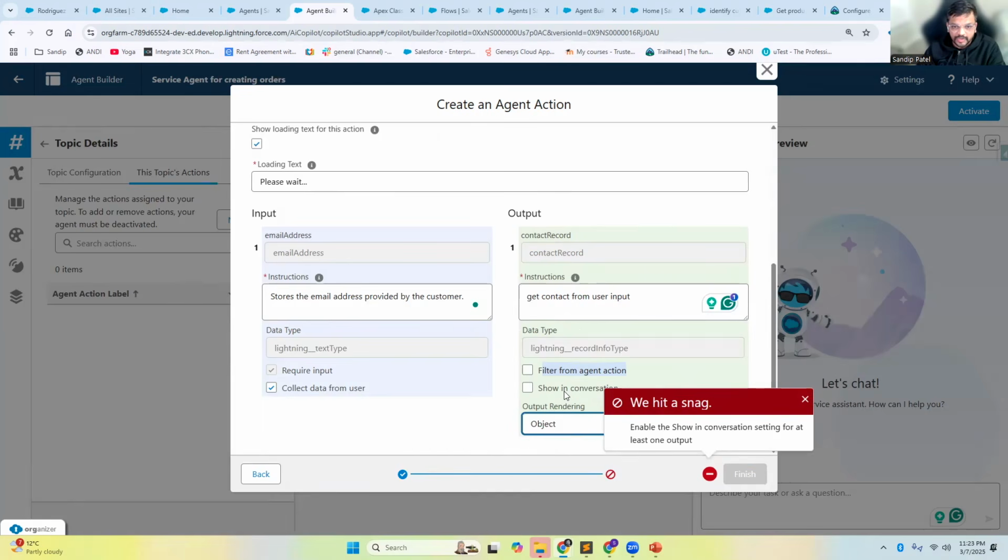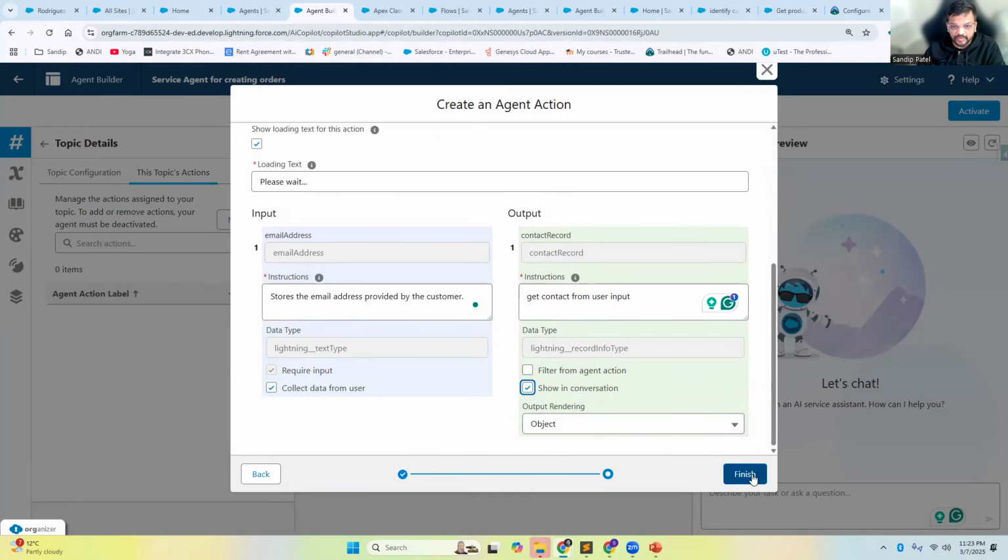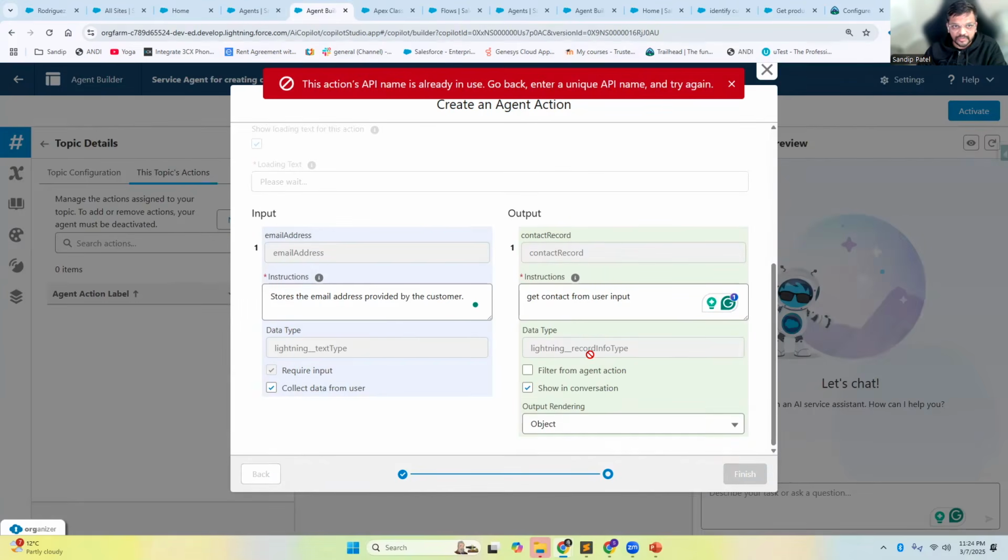Oh yeah, so we have to select at least one. So that's why I'm selecting one. So out of, let's say we have four parameters, at least one should be selected as showing in the conversation, right? So I'm selecting yes, and then